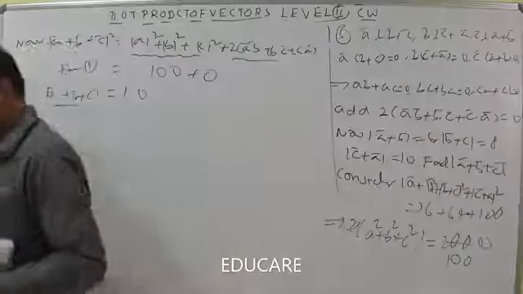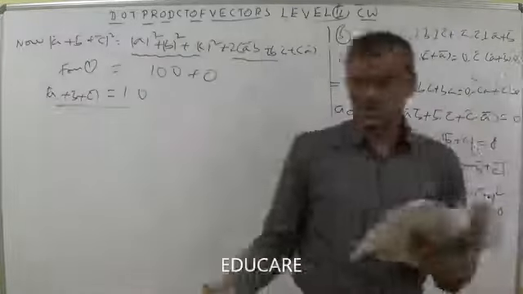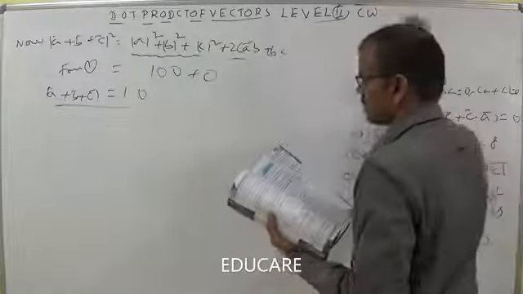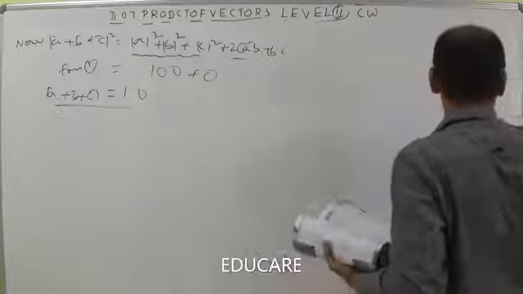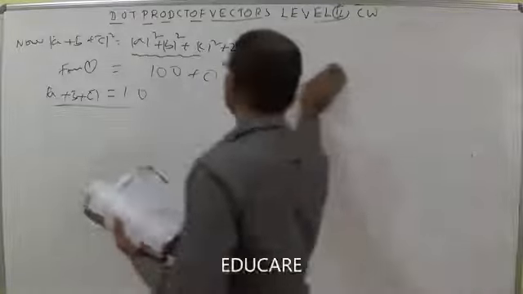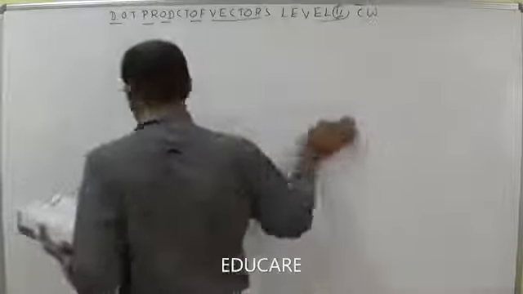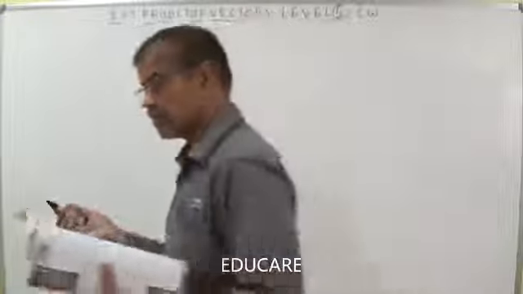Read the question carefully. The data he gave: B bar is equal to 4i + 3j, a vector he gave. B bar and C bar are two vectors, perpendicular to each other in the xy plane. There is no k, only i and j. In the xy plane, find the vector in the same plane having components 1, 2 along B bar and C bar respectively. Sixth question. Let us write